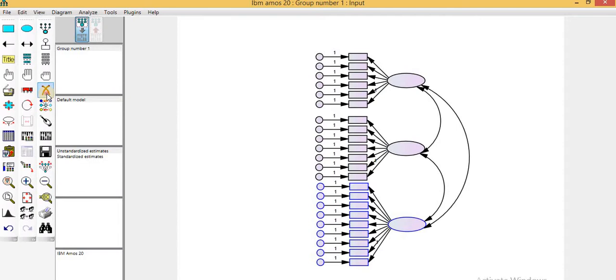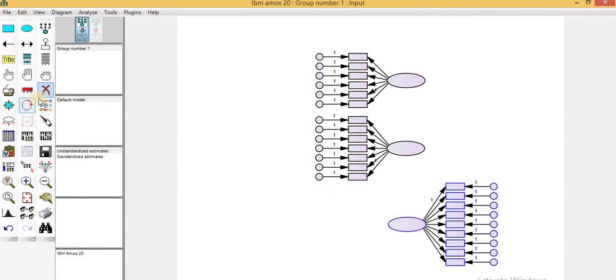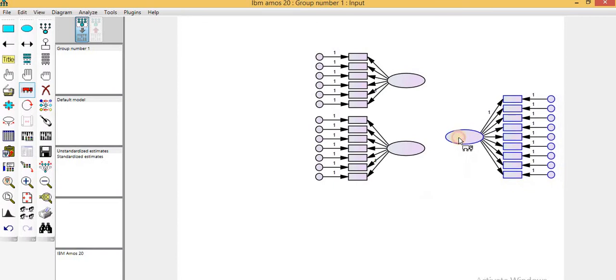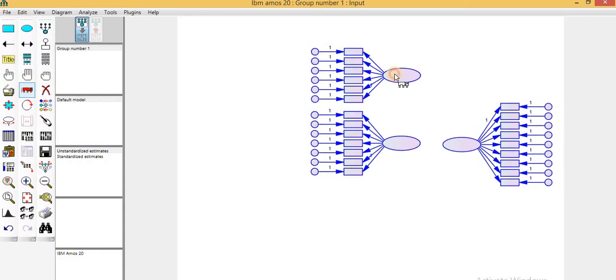Just delete this. It is very simple. Delete these lines, change the shape, and then place it here, and then select this one, select all, and deselect all, and then select one by one, just like I am doing, to move one variable and its items and error terms.